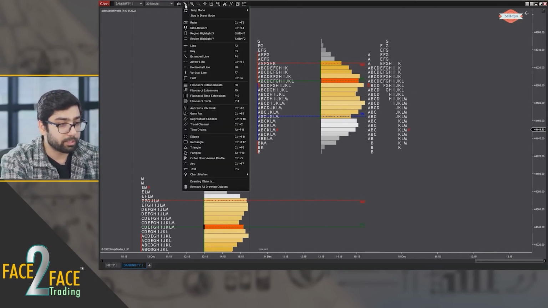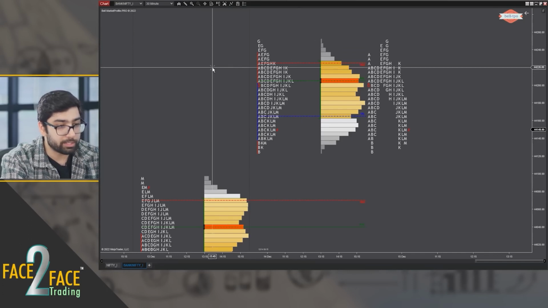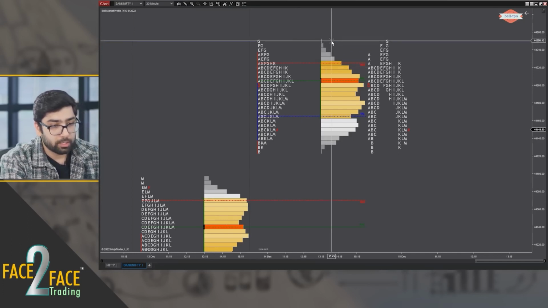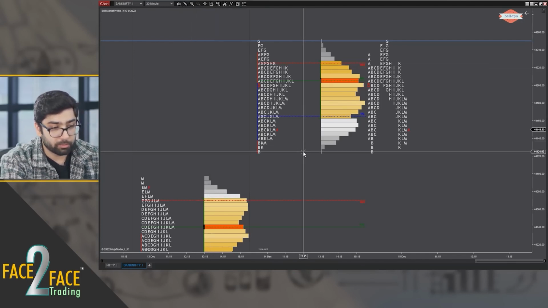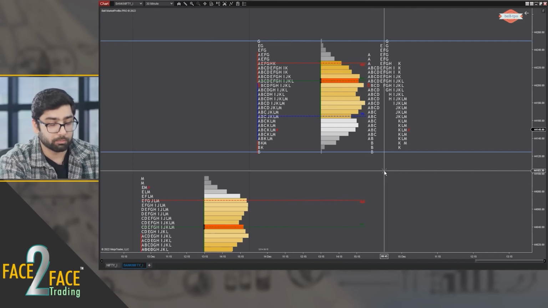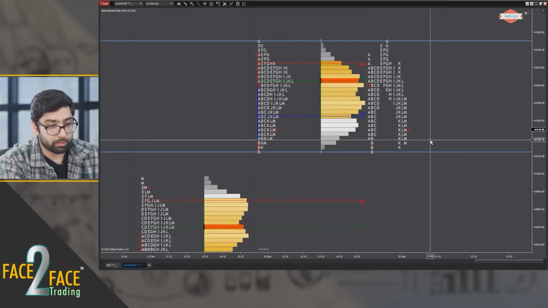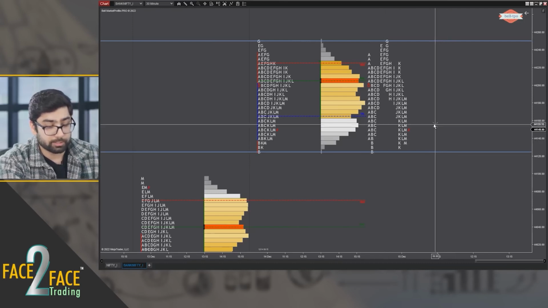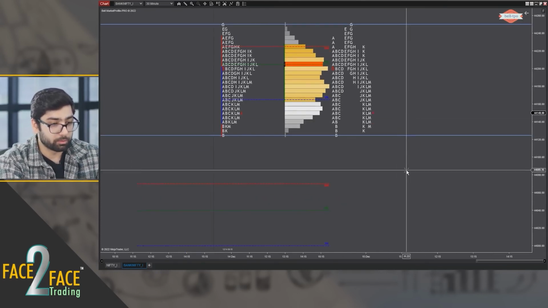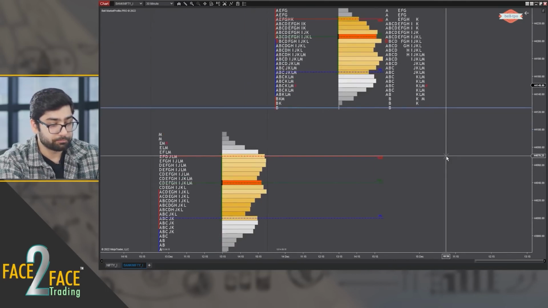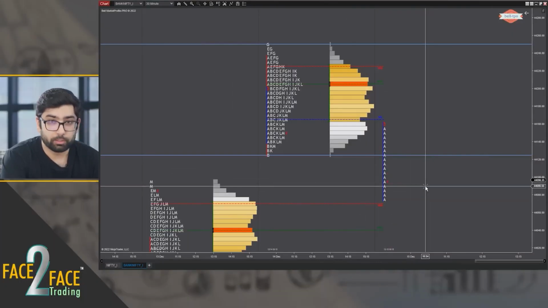For the yesterday's profile, what I'll be doing is I'll just be adding two horizontal lines on the yesterday high as well as the yesterday low. This is only for my reference, for a little more visual clarity. So if the day starts below the previous day low, we'll be able to take some nice trades. Okay, so the first